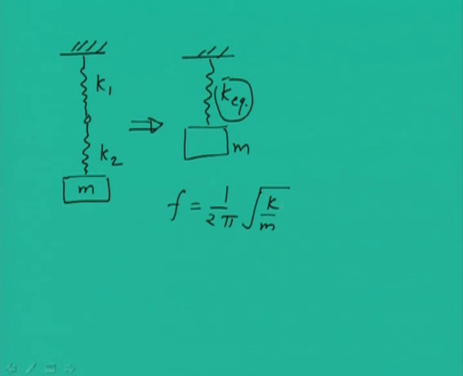In place of k, now it will be k equivalent, and we know that these two springs are connected in series, so their equivalent stiffness will be given as